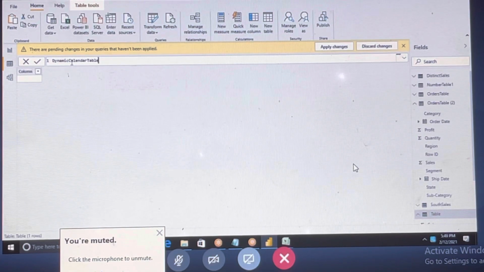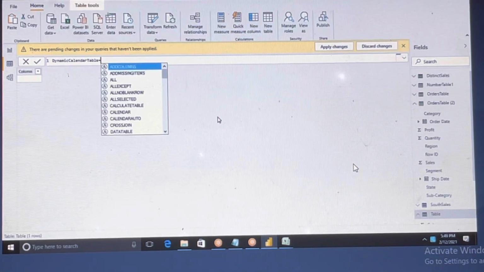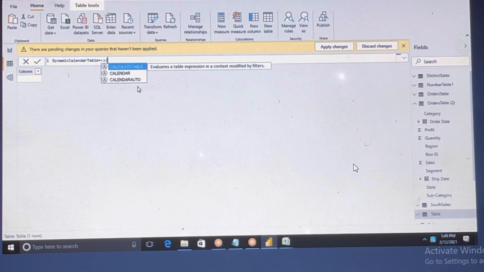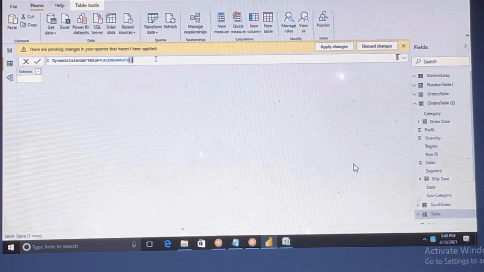You don't want to do anything, just CALENDARAUTO. It's a function, but we need to make sure of that function. Enter it.